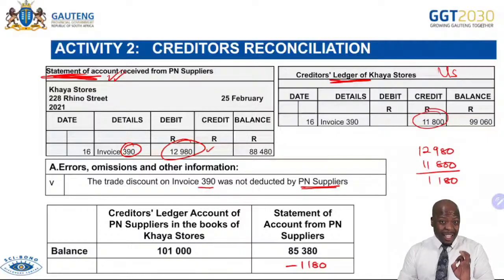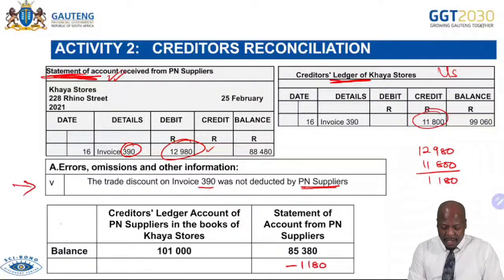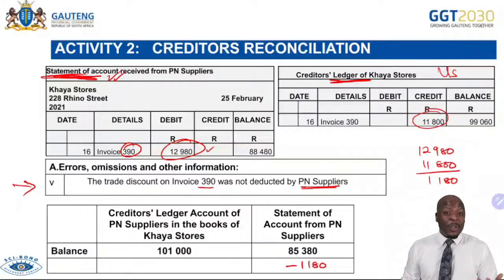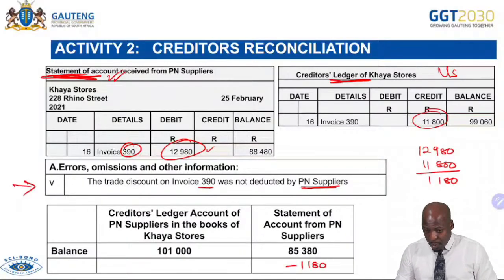A VAT amount that was not recorded. I also want to bring to attention that when you are preparing, remember to do VAT. I once saw a question where they said one of them had not recorded VAT. So I wanted to relate it with what we see here. In this case, it is a trade discount that was not deducted. It can be VAT that was not recorded. So please remember to practice along these lines as well. If the VAT was not recorded, then you see how it should have been recorded. Okay, I'm going to continue.